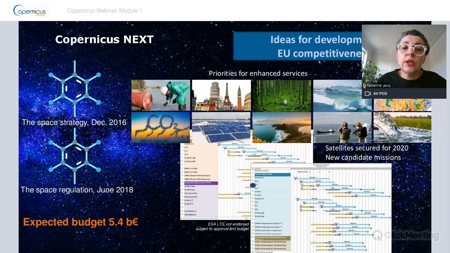So what next for us? What we have in terms of ideas for the development of Copernicus, for the EU competitiveness, for the EU Green Deal, and for the world challenges and world well-being, is to progress on different priorities, which are pollution, which